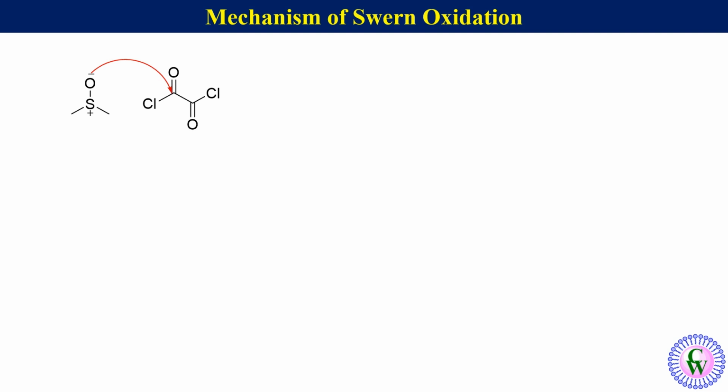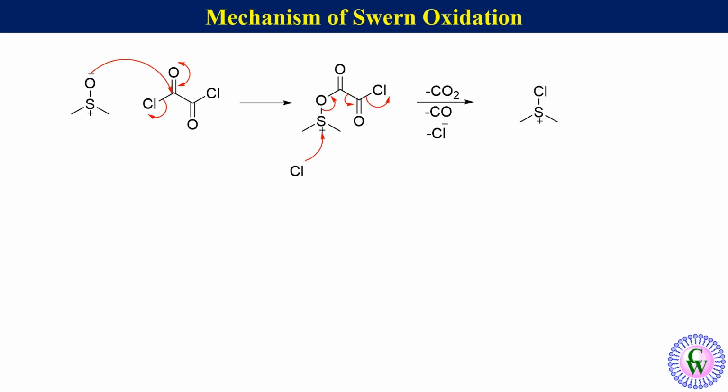Attack of oxygen of dimethyl sulfoxide on carbonyl carbon of oxalyl chloride followed by removal of chloride ion gives 2-chloro-2-oxoacetoxy dimethyl sulfonium chloride. Attack of chloride ion on sulfur eliminates carbon dioxide, carbon monoxide and chloride ion to produce